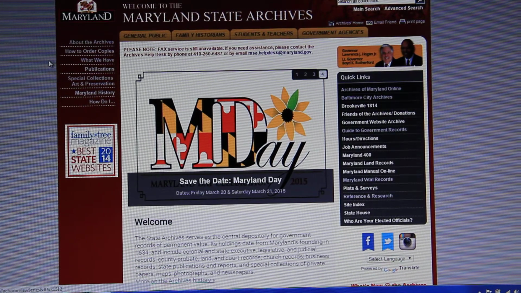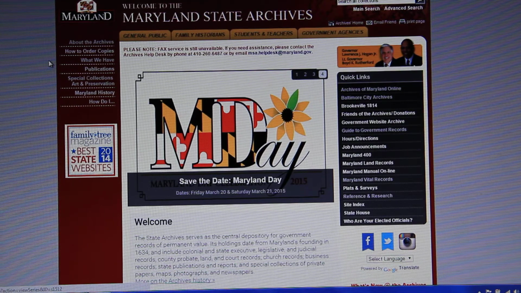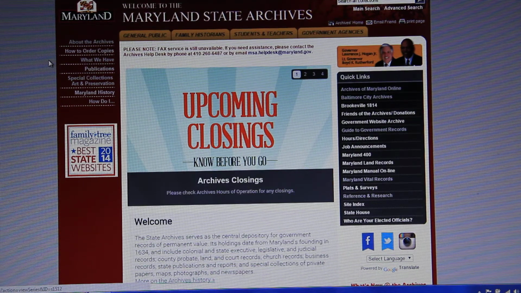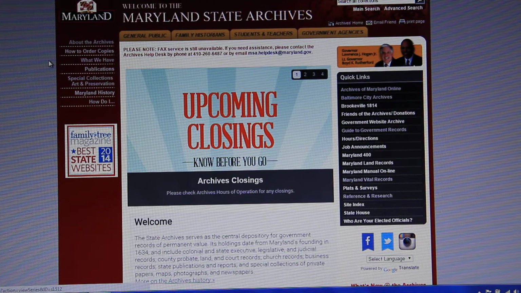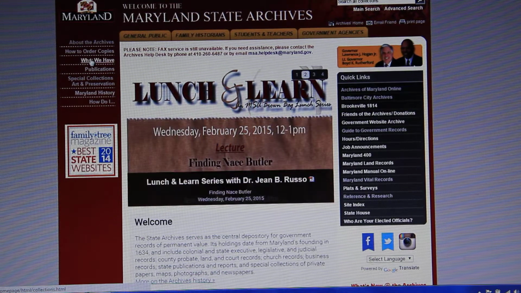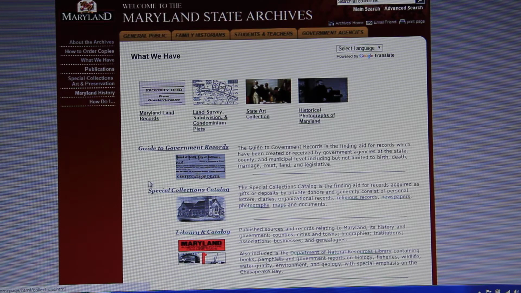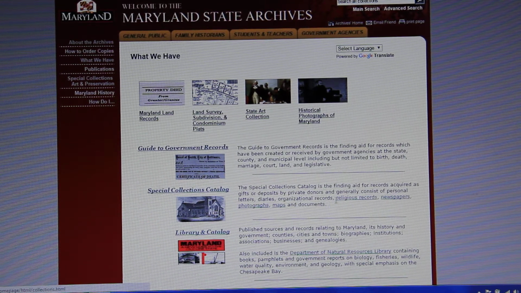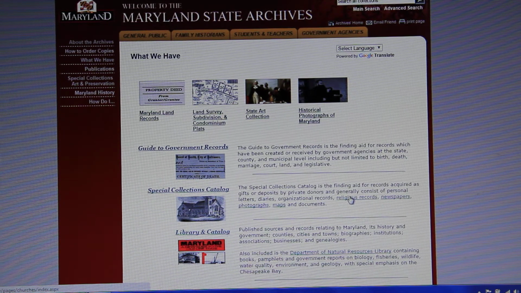I'm going to show you how to find church records that are scanned and viewable online at the Maryland State Archives web address. First, go to the Maryland State Archives homepage, and then on the left-hand side, you'll see what we have hyperlinked. Click on that, and then you'll see under Special Collections Catalog another hyperlink that says Religious Records, and click on that,